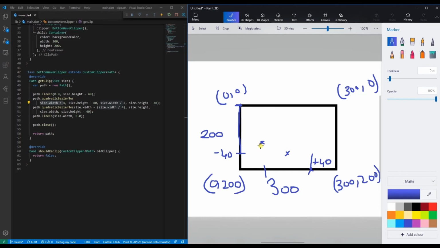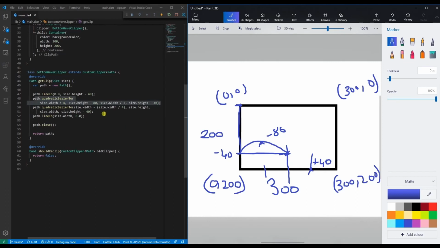Obviously this has to be -80 of height. So we have got the x1 comma y1 point here. So how about this point? This is exactly the half of the width, and then height -40. So this has to match, right? This is the -40.